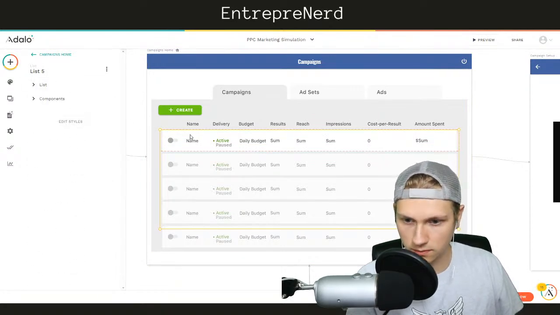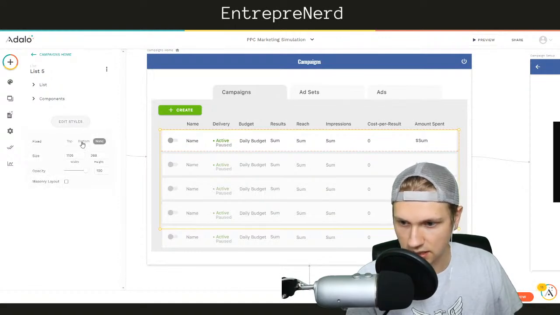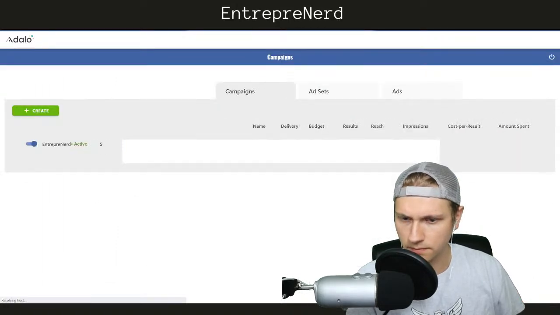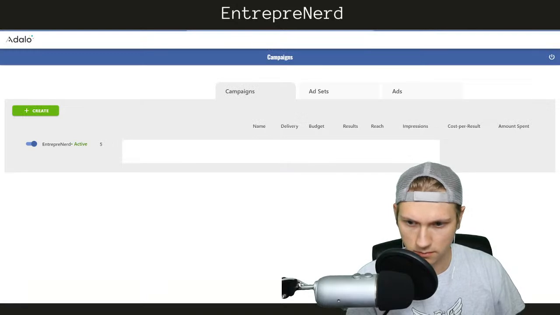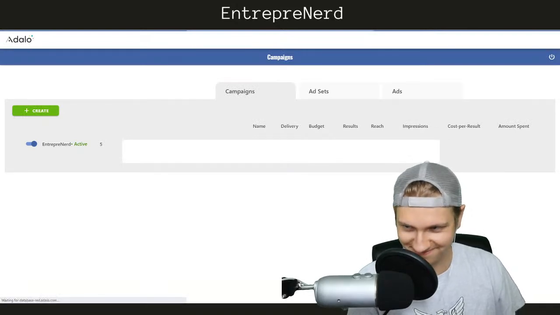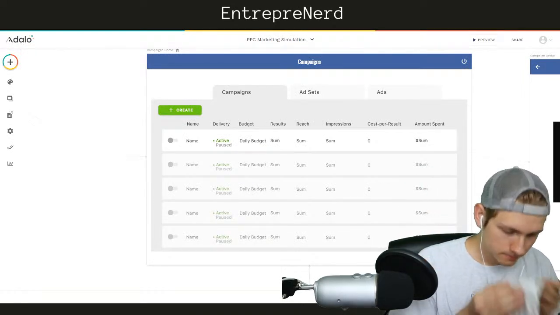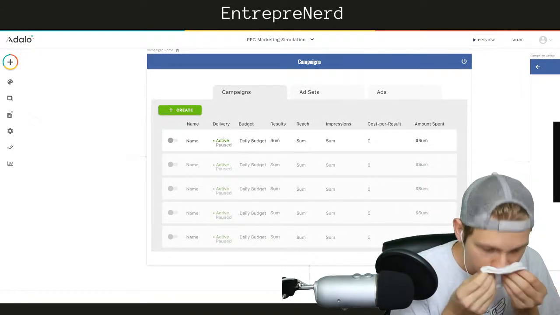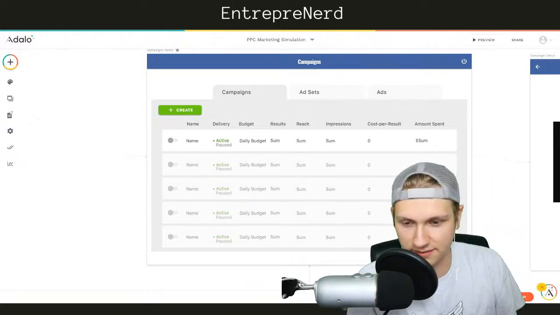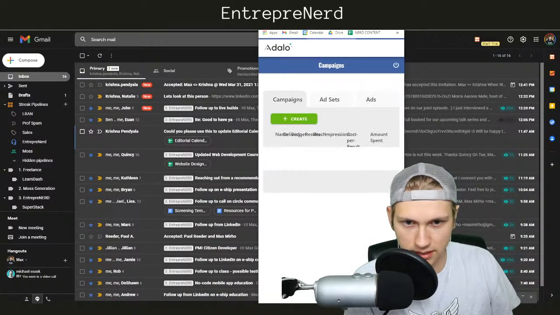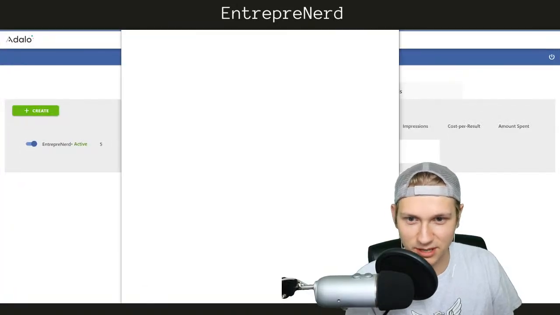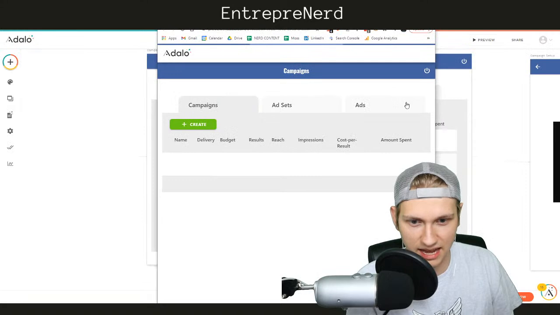I'm going to take this list and I'm going to masonry layout. What does masonry layout look like? Nothing has changed. What an interesting problem. This is the problem with designing things on a larger canvas. It doesn't end up working. If I shrink this, what does it look like? Looks like garbage. So yeah, making things responsive on Adalo seems to be a point of contention.